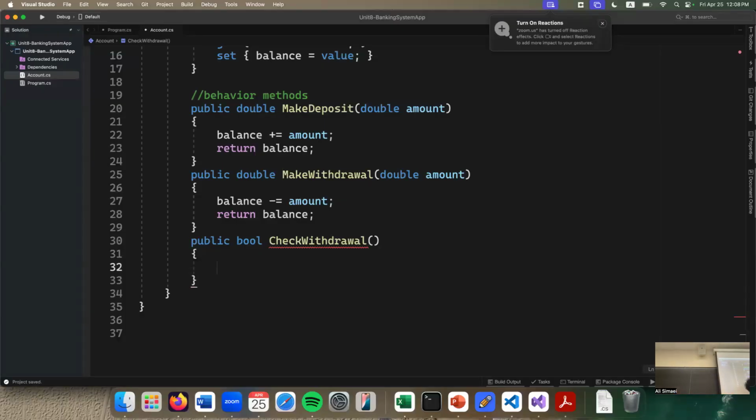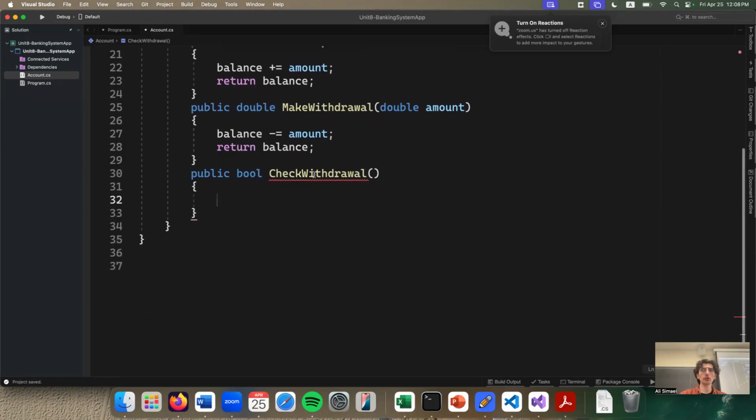You'll see it's much simpler, right? We separate them and say, okay, this is the amount. Can the user make that withdrawal or not? So if I give them the amount,